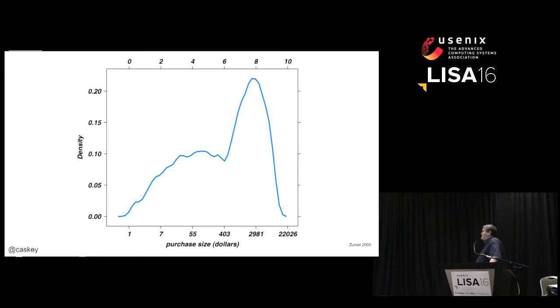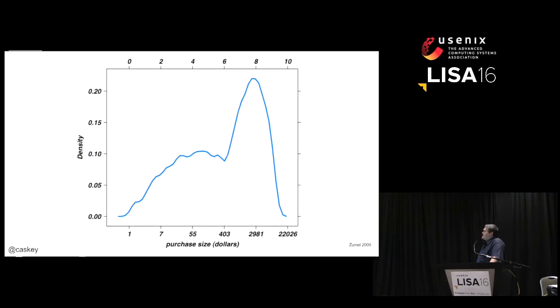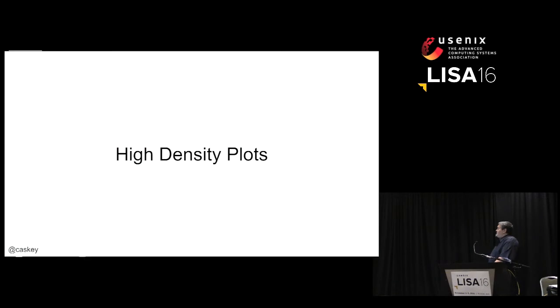Now, this is of course money, but imagine this is the distribution of latencies of your requests. Then all of a sudden it becomes really relevant, doesn't it? If I saw this as my latency graph, I'd be like, hey, it looks like we're doing pretty good. Most of them are coming in a few milliseconds or whatever. But if I saw this, I'd want to have a sit down conversation with someone and say, what's happening at 3,000 milliseconds? There's a story there. We need to figure out what that is. So, scale matters.